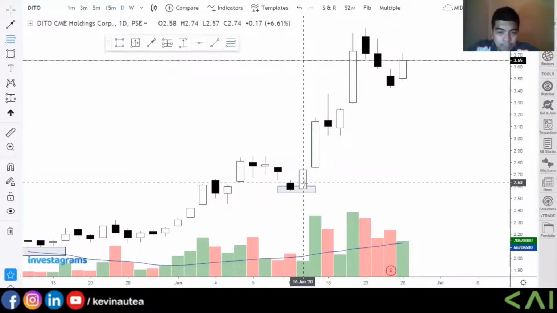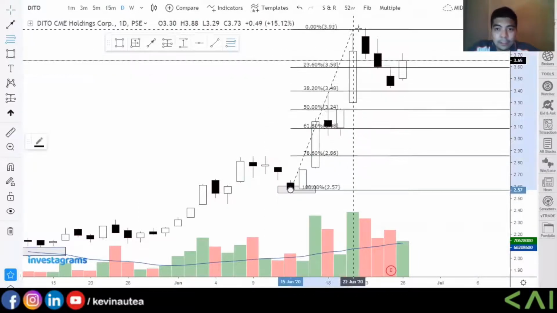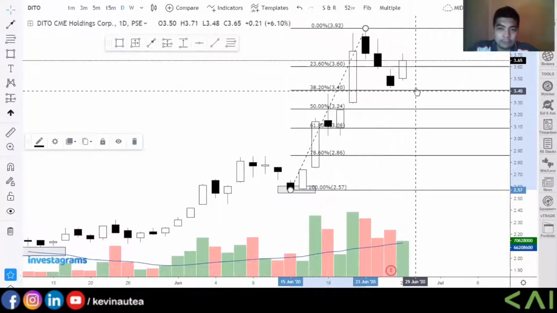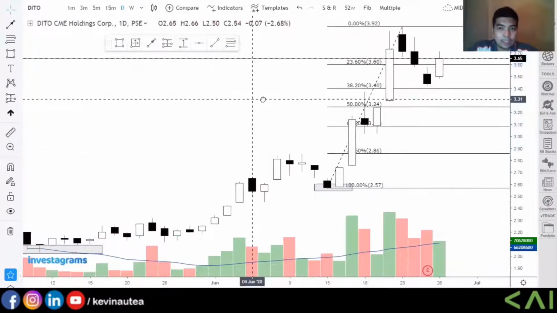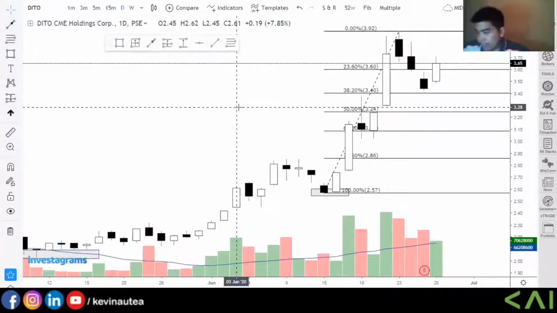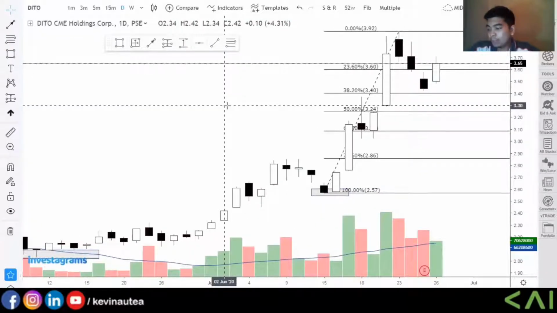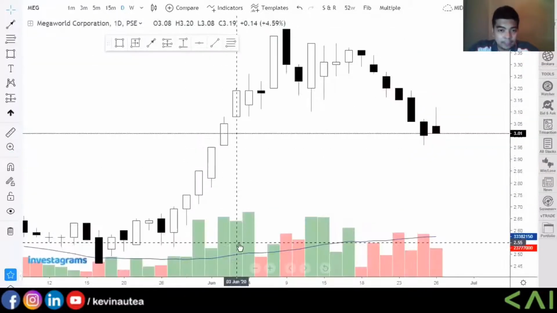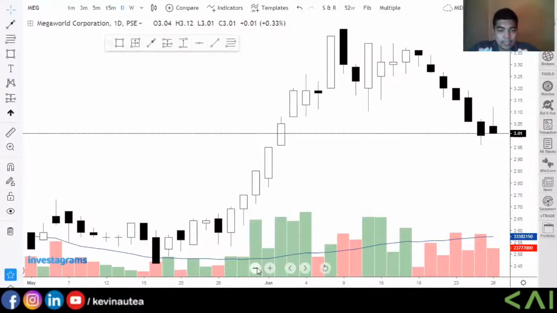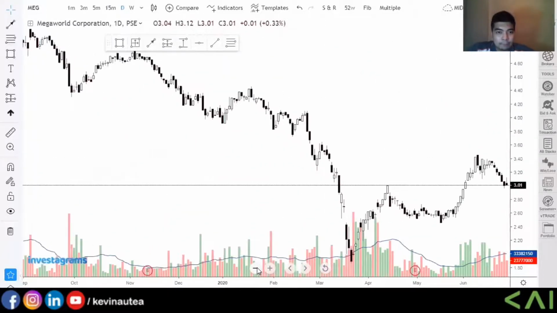Next, we have here the 38% level here. So we can see if the stock can still move up. All right. Let me just show you the reverse, or the other side of this one. We have MEG, for example. Let's try it on the negative part of this one,